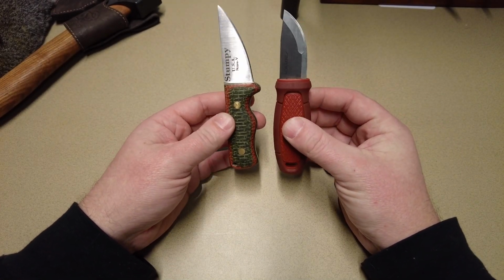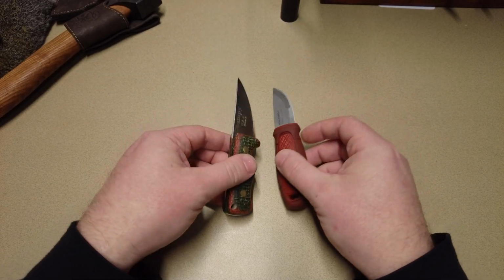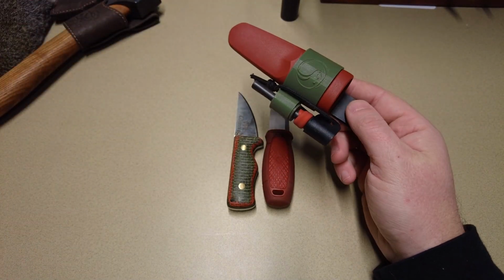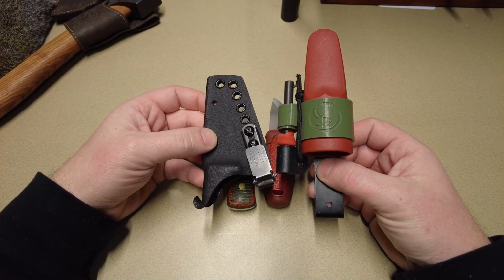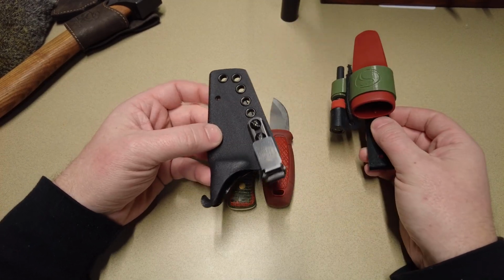So it's just a pride of ownership issue, I'm sure. But functionally, they can do EDC tasks. Both of them can. But I like the sheath better by quite a bit on the BFK than I do on the Eldris. The Eldris is fine if I'm going on a canoeing trip or a backpacking trip. It's not the worst. I've got a little fire steel holder on there, but it's not that hard for me to put one